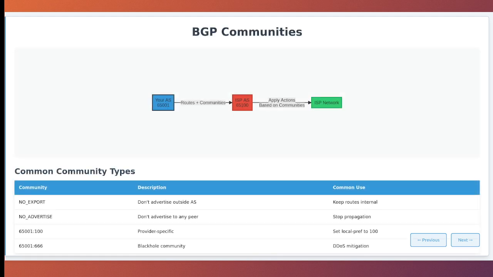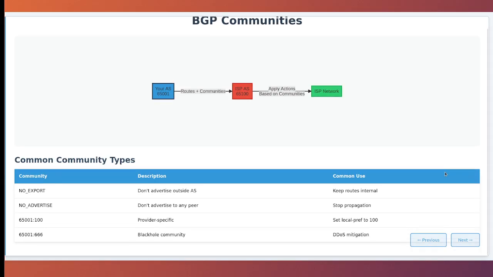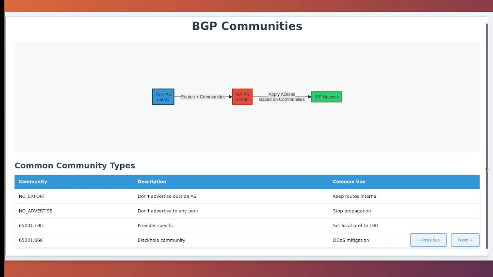BGP Communities Overview. BGP communities are one of the most powerful and flexible tools for traffic engineering. A community is essentially a tag that you can attach to routes, and these tags can signal specific actions to upstream providers or peers. Communities are transitive optional attributes, meaning they can be passed between autonomous systems if configured to do so. There are three types of communities: standard communities, 32-bit values; extended communities, 64-bit values; and large communities, 96-bit